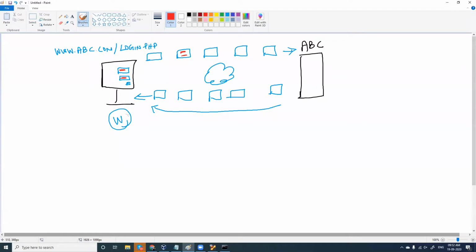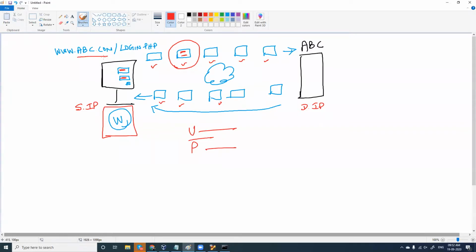And you all know Wireshark is showing us all these packets. It is displaying all the packets being sent from my IP address. This is the source IP address, and this is the destination IP address. Wireshark is showing me all these things. Yes. And in case I use Wireshark to capture this packet, and when I open this packet, for sure I'll have the username and password. But based on the security of this site, this password can be in plain text or it can be encrypted.